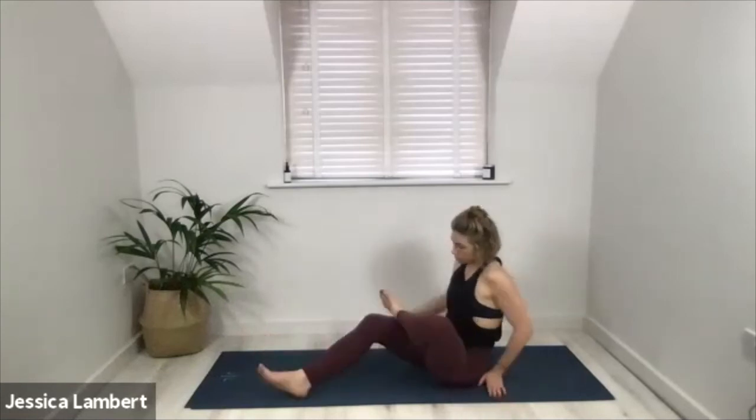Big breath. And then I'm going to spin so you can see me. Keep rocking that left leg. You're going to bring that left foot all the way to the outside. Hold on to the outside of the knee and just take yourself into a twist. So look over that left shoulder. Breathe in and breathe out. Breathe in